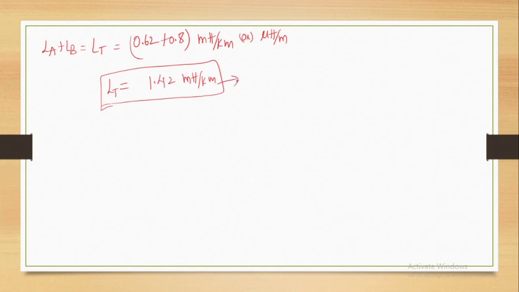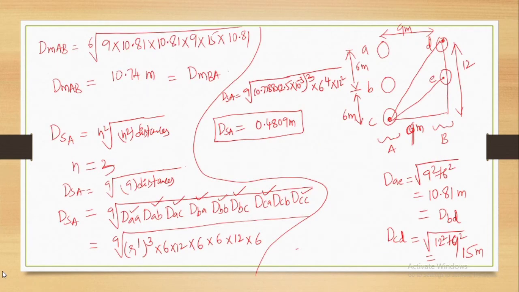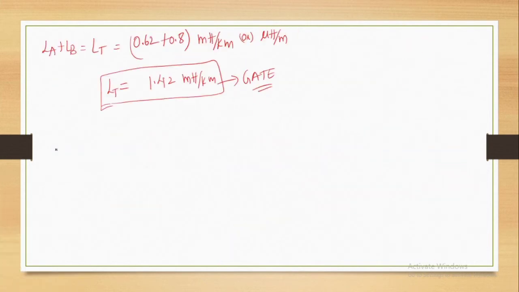Okay, so this is the GATE question. This is the question which was asked in the GATE examination, right? Though I have taken a lot of time to solve this problem, it is very simple once you practice all this, right? You need to find just GMD between A and B, and GMR of A and GMR of B. Then by substituting all these things in the formula, you can get the inductance value, right? So this is the first problem on the inductance. Second problem is like this.